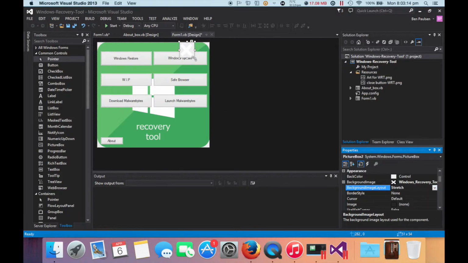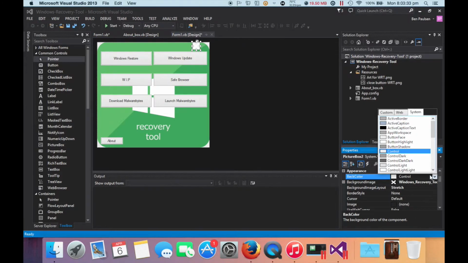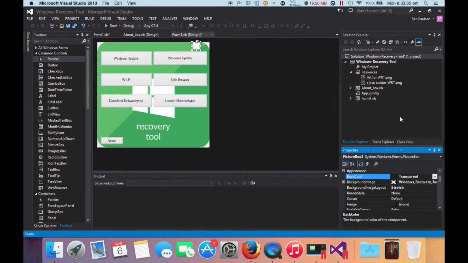I'm actually going to make that a bit smaller, like that, just drag that up to that corner. Wish it would stop snapping. I suppose it doesn't matter if it's there, I suppose. And then what I'm going to do is I'm actually going to go here and change the back color to transparent. Hopefully that works. There we go. I think it worked. Yeah, it did. Okay. So now